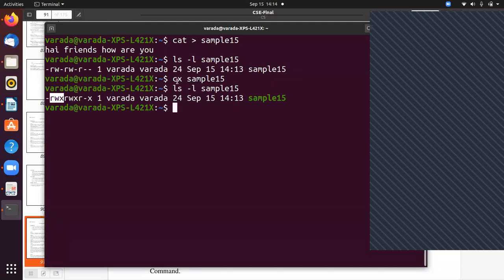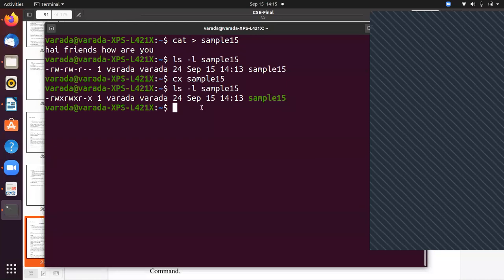So how did we change it? By making this cx command. This cx is a user defined command, but it accepts one argument, here sample15. I hope you all understand how you can accept arguments for user defined commands.